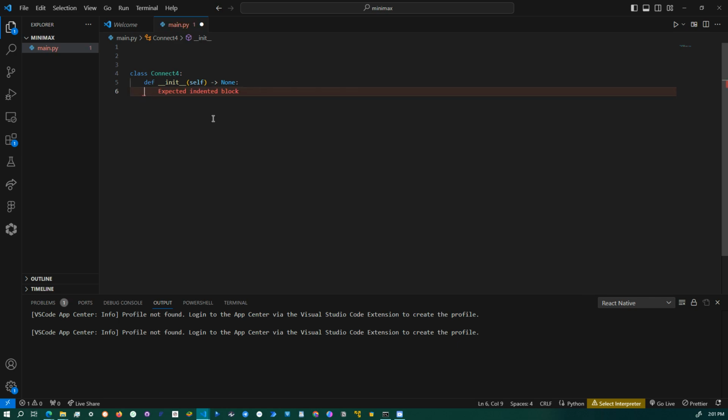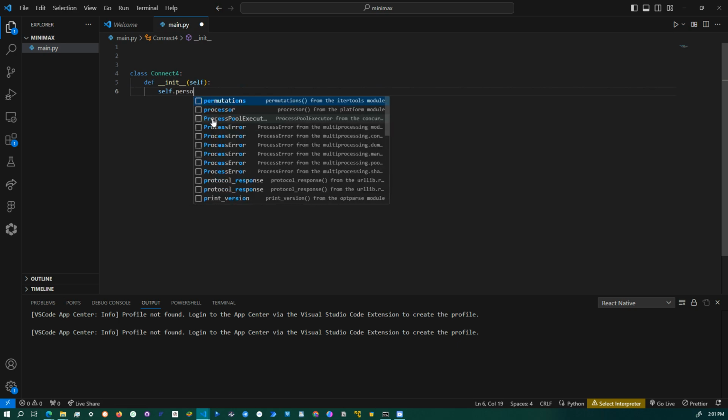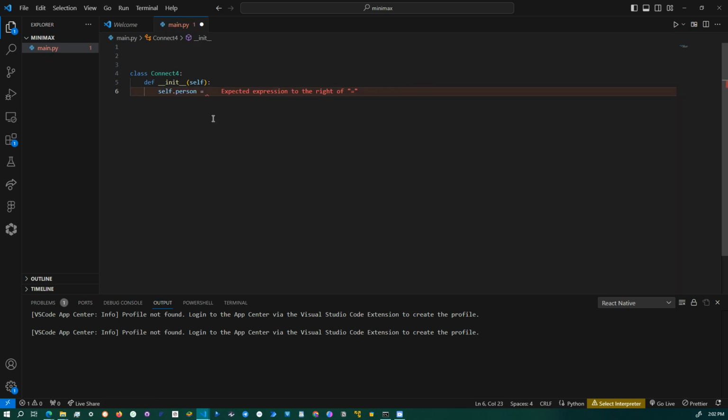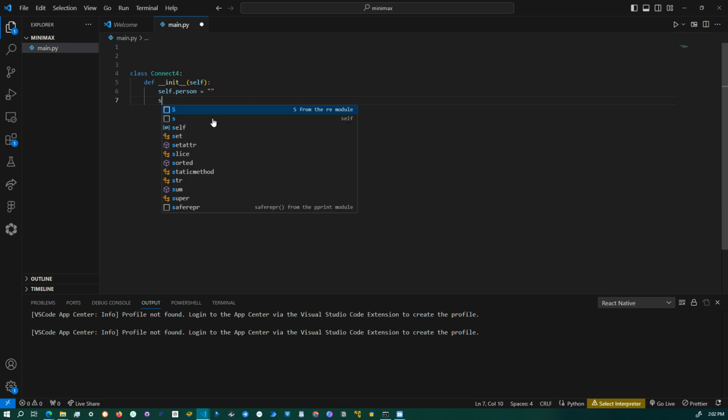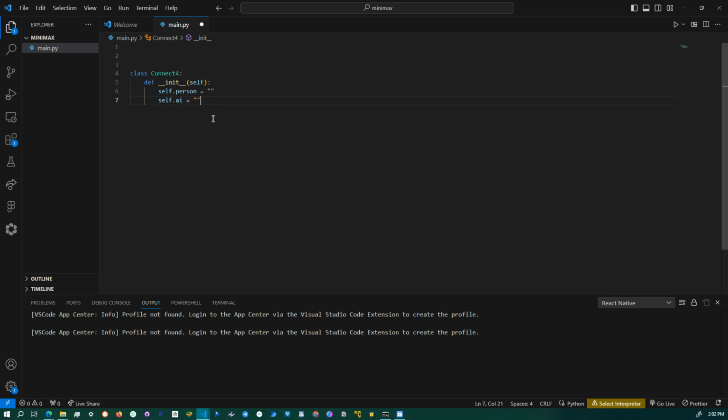what we can do is initialize a few variables like self.person equal to something, and we'll set the puck for the person and the AI. So I'm going to set self.AI equal to just empty strings for now, and we're going to initialize the